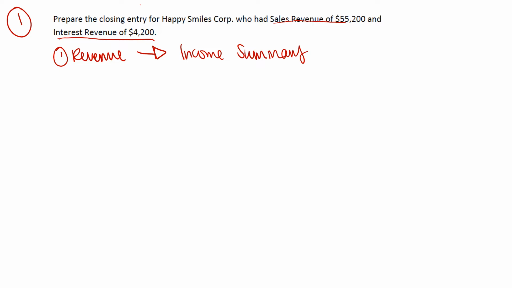So typically when we record revenue, we credit revenue. Revenue has a normal credit balance, but in this case, we're trying to close out revenue to get it back to 0. So instead of crediting it to record revenue, we will debit revenue to reduce those revenue balances down to 0. So we will debit sales revenue of $55,200, debit interest revenue